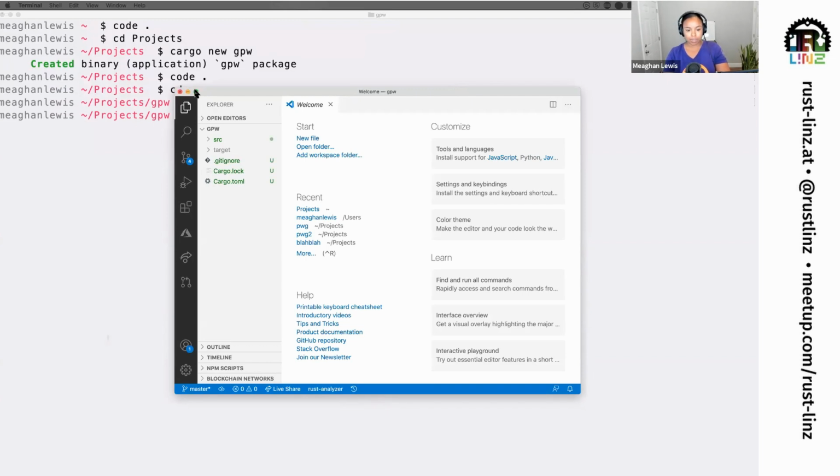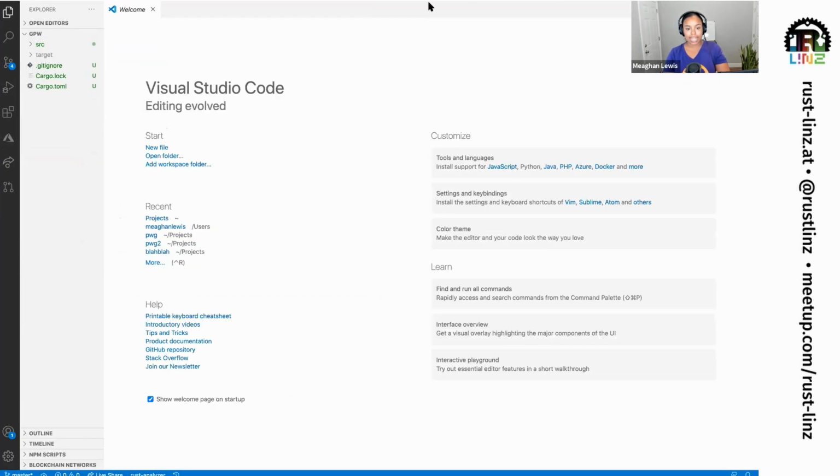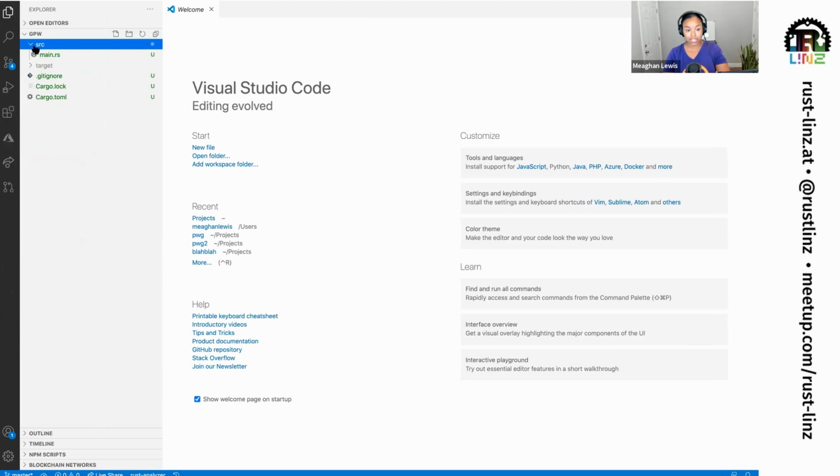All right, so what I am given here is in my source directory, I have this main.rs program. I also have a cargo.lock and that cargo.toml file for package information, as well as that's somewhere where I can store dependencies for my project.